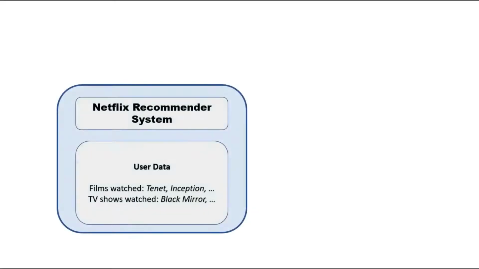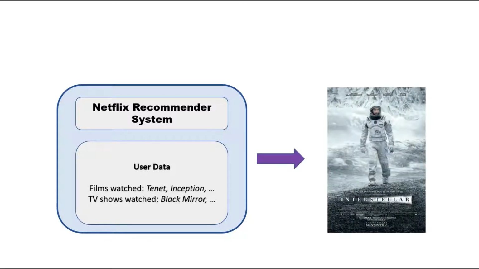Let's first understand why we need continual learning. So here we have something like the Netflix recommender system. The aim of this system is to use information about the kinds of media you have watched to give the user a suggestion of a movie or TV show that they can expect to like. So in this example, the user is given the suggestion of Interstellar, because the user has previously watched Tenet, Inception,